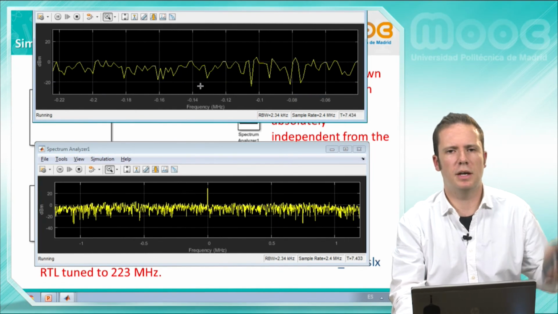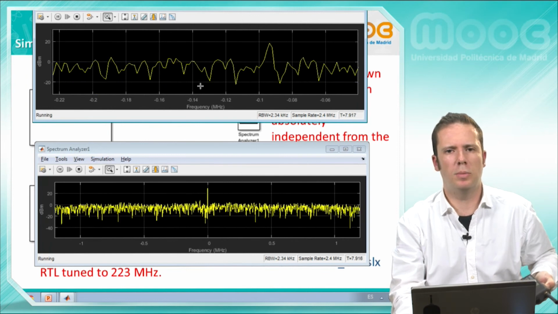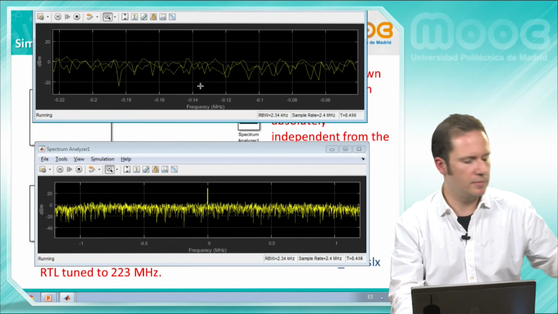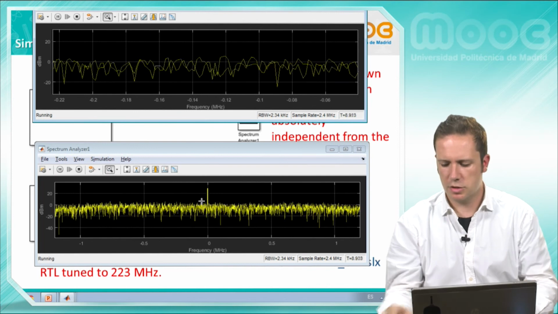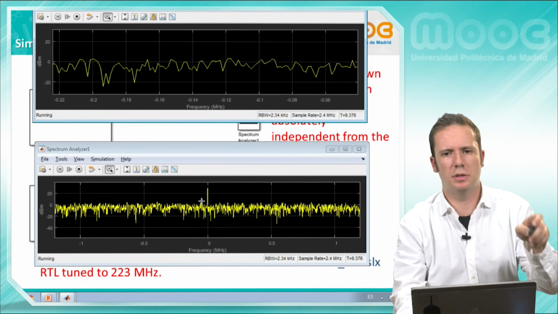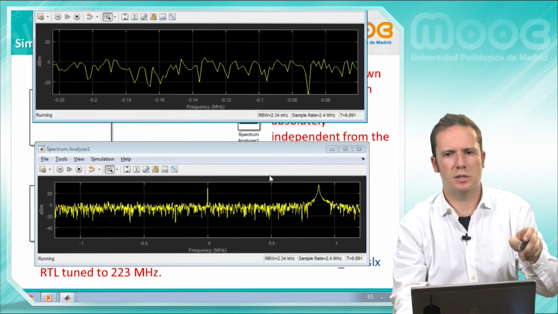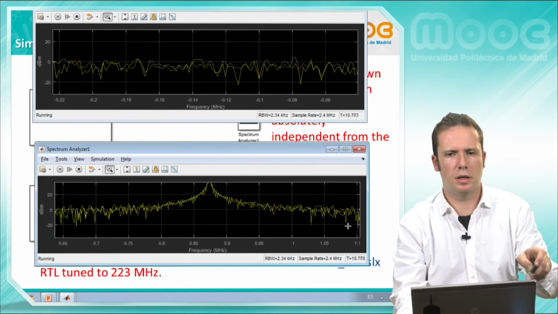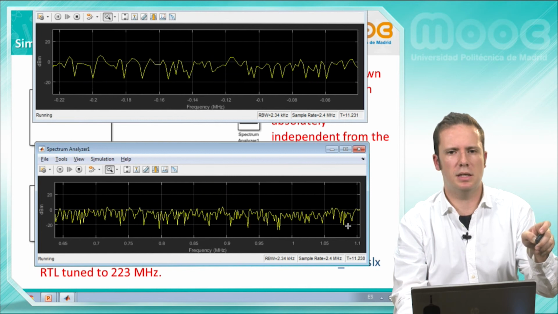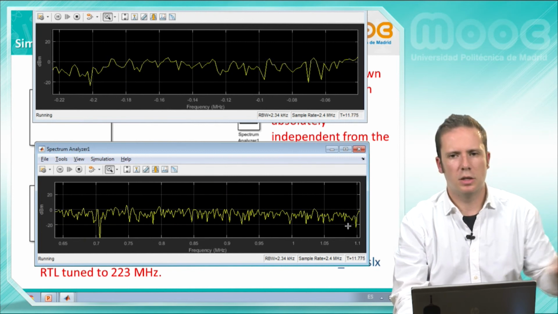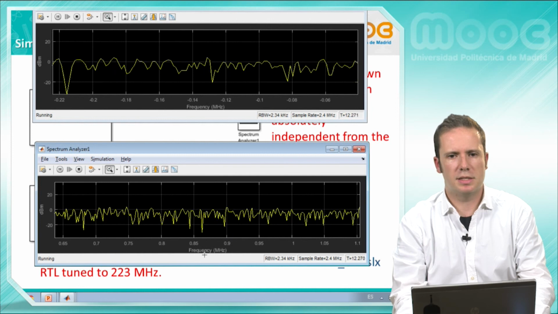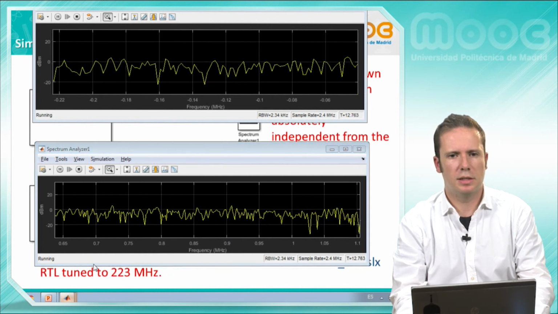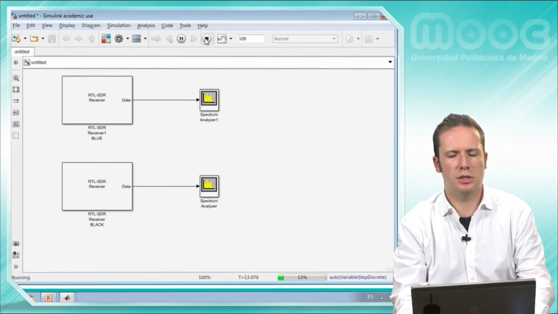If I unplug, if I plug, you see the signal. And also, again, with the remote control, we can zoom here and we see the ASK signal. Okay, let's stop the simulation